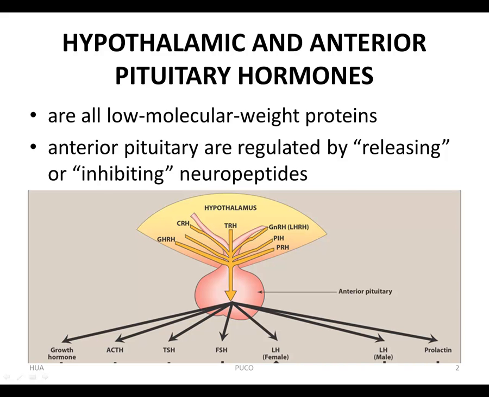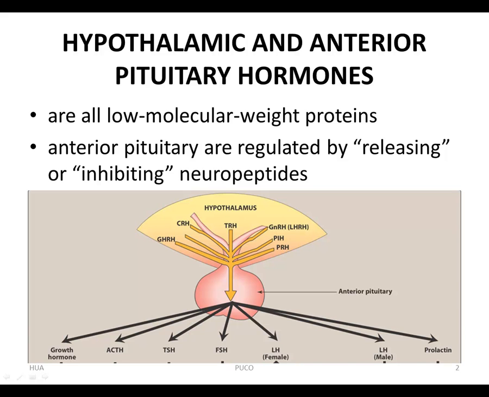The hormones secreted by the hypothalamus and pituitary are all peptides that act by binding to specific receptor sites on their target tissue. The hormones of the anterior pituitary are regulated by neuropeptides that are called either releasing or inhibiting factors or hormones. These are produced in cell bodies in the hypothalamus, and they reach the cells of the pituitary by the